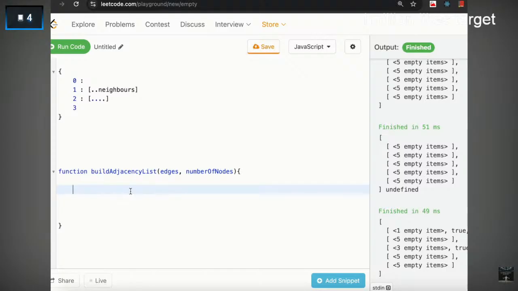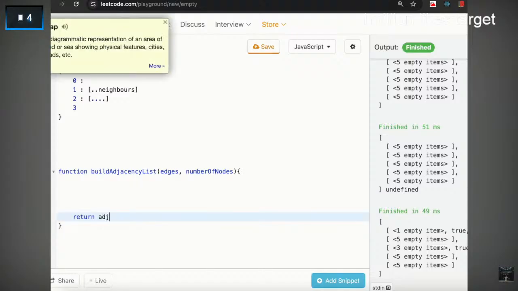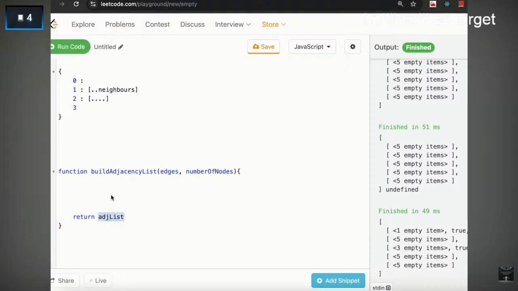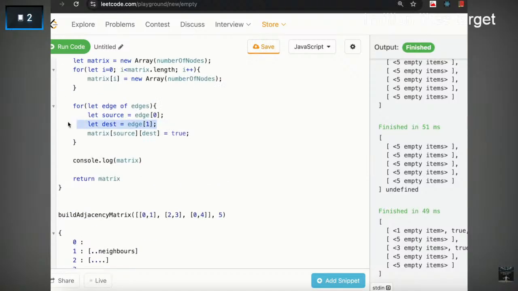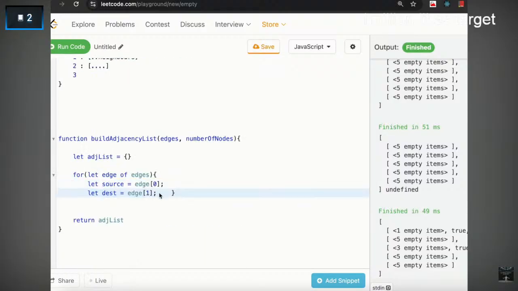तो इसको हम कैसे बिल्ड करेंगे, तो सबसे पहले तो हमें पता है कि यहाँ पे हम एक मैप रिटर्न करेंगे। आप इसको मैप ही बोल लो या फिर एजेंसी लिस्ट ही बोल दो, राइट। तो ये मेरा एजेंसी लिस्ट इनिशियली एम्प्टी है, करेक्ट। अब मैं इस पर्टिकुलर लिस्ट को भरूंगा आफ्टर इटरेटिंग थ्रू ऑल द एजेस, क्योंकि एजेस में ही तो मेरा असली इन्फॉर्मेशन स्टोर्ड है, वहां से मैं इन्फॉर्मेशन निकालूंगा और उस इन्फॉर्मेशन को एक्सट्रैक्ट करके इस लिस्ट में मुझे स्टोर करना है। तो अगेन सेम चीज़ देखो, मैं यहाँ से सोर्स और डेस्टिनेशन उठाता हूँ, इन्फॉर्मेशन सेम ही है, राइट। तो ये मेरा आ गया सोर्स और डेस्टिनेशन।